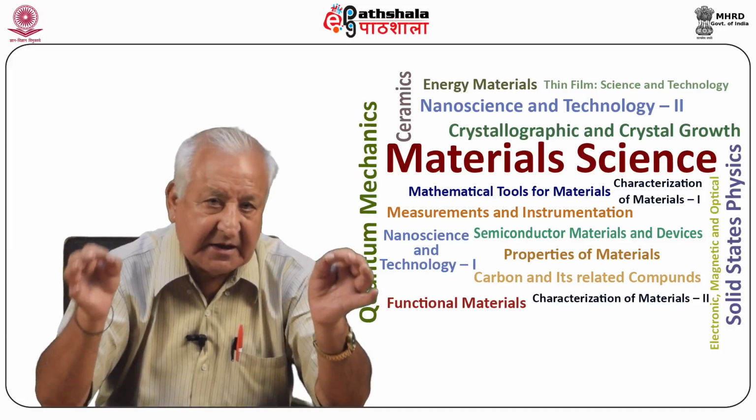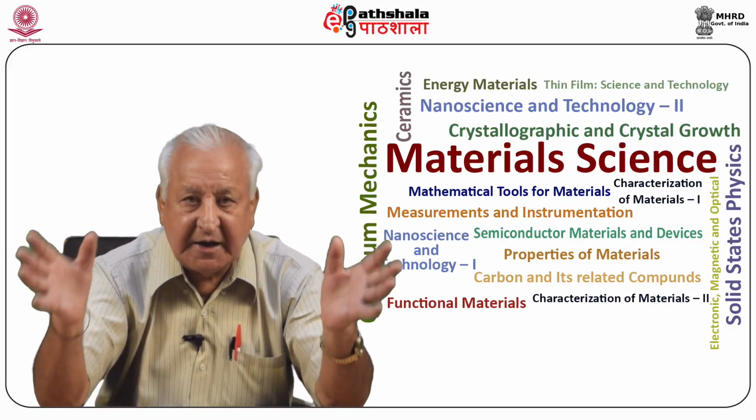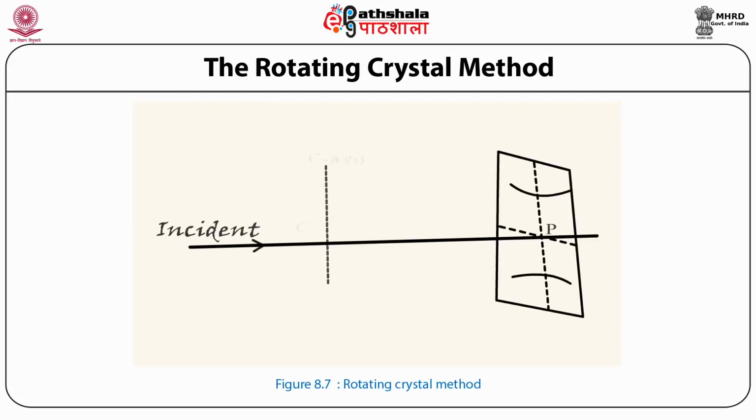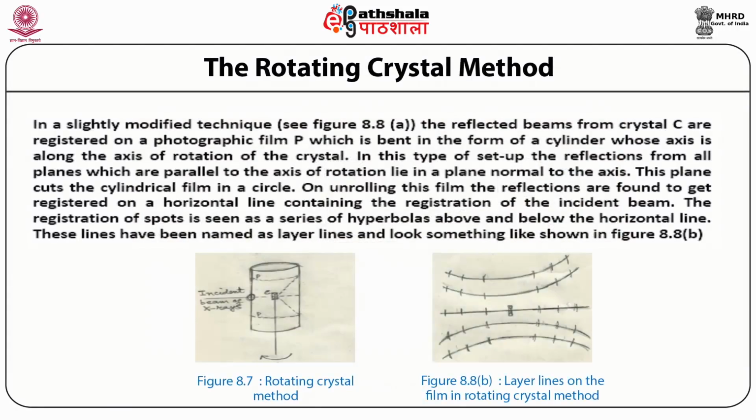The experimental setup is shown in figure 8.7, which is the experimental arrangement for the rotating crystal method. In a slightly modified technique, see figure 8.8a, the reflected beams from crystal C are registered on a photographic film